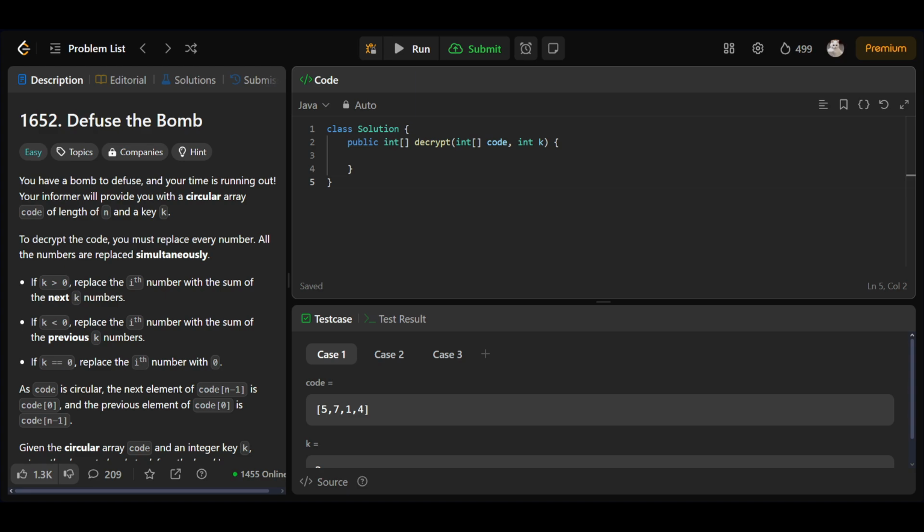Hello people, so we will be solving the LeetCode daily question, that is 1652, Defuse the Bomb. In this we have a bomb to defuse and our timer is running out, and our informer will provide us with a circular array code of length n and a key k, and to decrypt the code we must replace